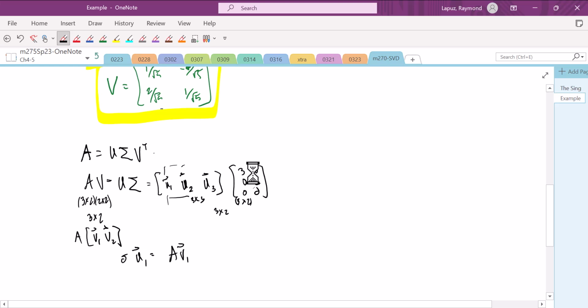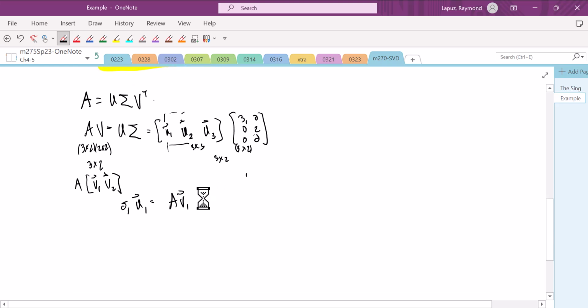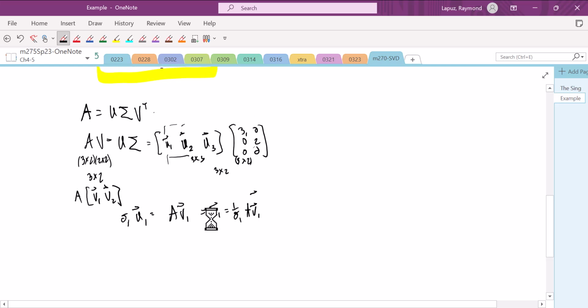And so since sigma is just going to be the first column that's involved there, we can write U1 to be equal to the reciprocal of sigma 1 times A V1. Since we have A and V1 already set, this might be an easier way to find U. This is not an equal sign here. Let's make that correction. I meant to put an arrow. And so that's a way to find U. And then similarly, you can find U2, the second column, to be 1 over sigma 2 times A V2.